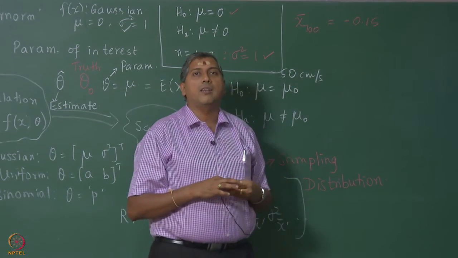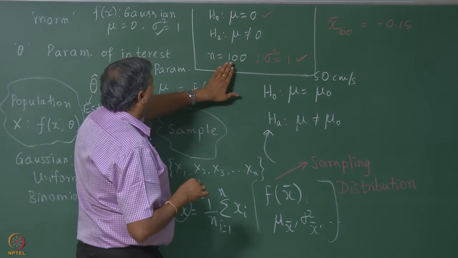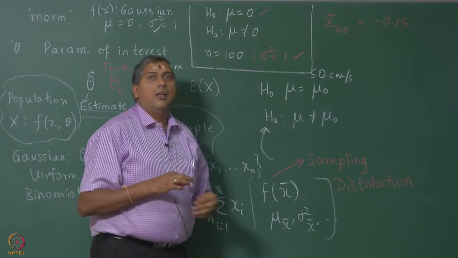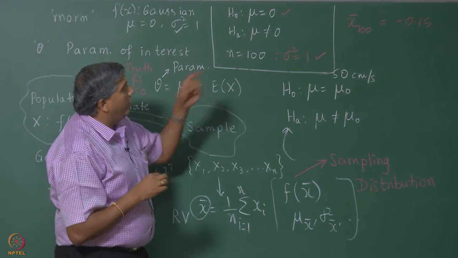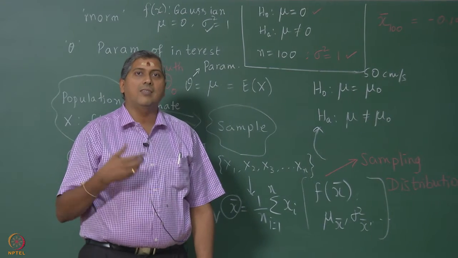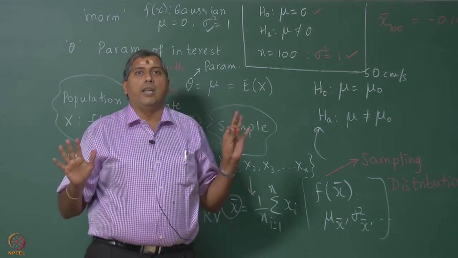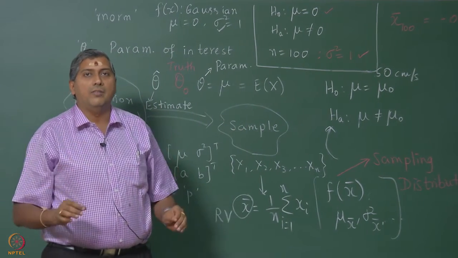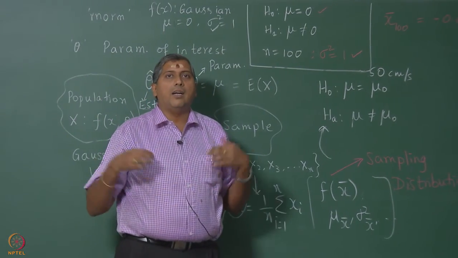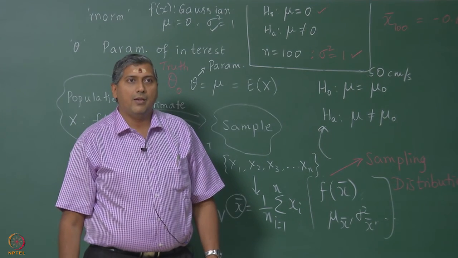In other words, we are asking, if all of this holds good, the null hypothesis holds good, the number of observations being fixed and the variance being known, is whatever I have observed a high probable value or a low probable value, less likely or more likely. So, as an example, suppose I say a student worked very hard, that is the null hypothesis, but it turns out that on the exam the performance is very poor.